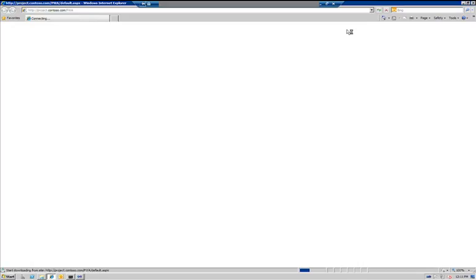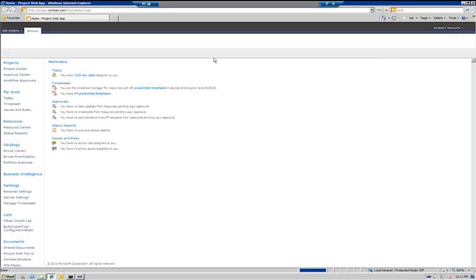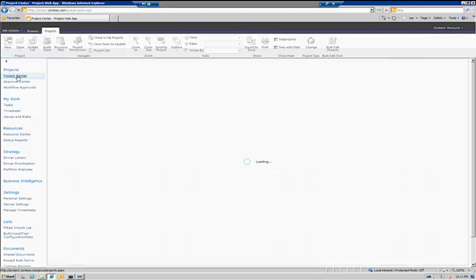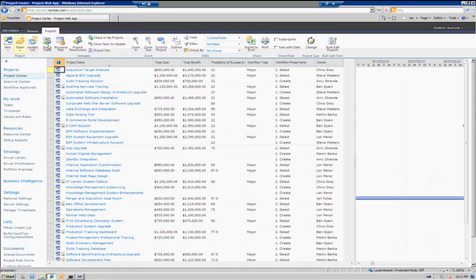It's taking a while. Here we go. All right, so we're on the main page, PWA. I will navigate to Project Center. And you can see it's loading, but you'll notice here on our ribbon, we've got all the normal suspects up here, but there's something new. And here it is, bulk edit project. This is what we just added. This is the feature. So we've added this customization to the ribbon. If we go ahead and click that,